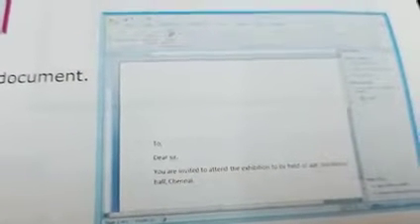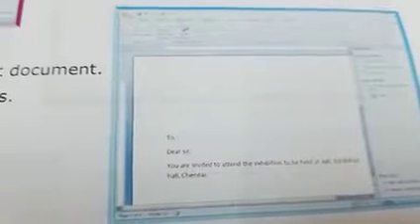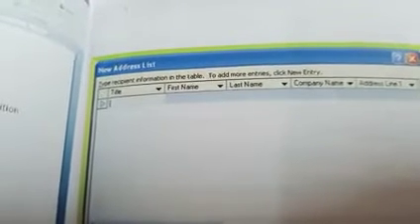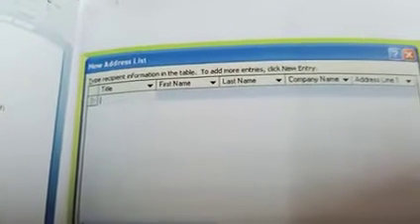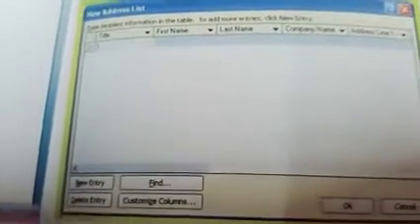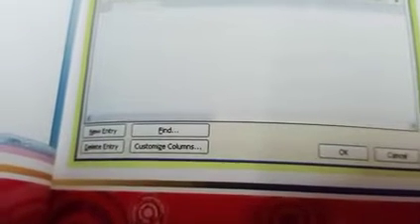Click on Create to create a data source. New Address List dialog box appears. Click Customize Columns. The Customize Address List dialog box appears.